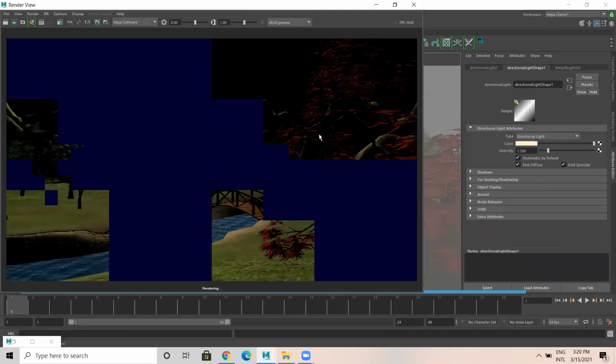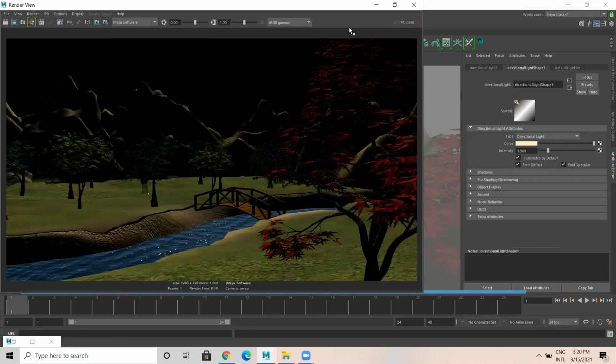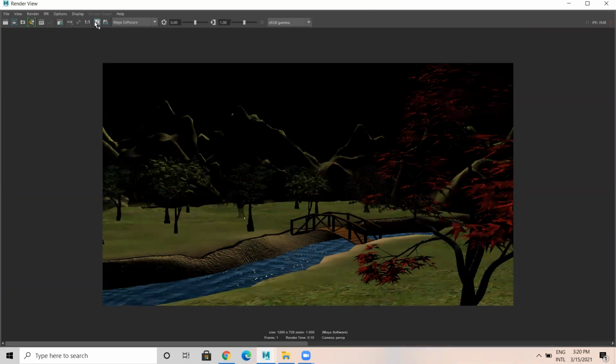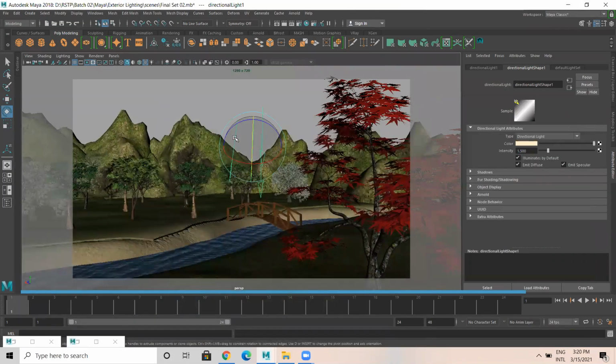It does take some time. Let's see. Okay, so I'm getting an output something like this. I'm going to capture this. If you click this, it will capture this particular scene that you have rendered, so that you can check the previous and next. Now if I render next, I'll capture another one so that you'll get to know. Now the same light, I'm going to duplicate and place it over here. Just give me a minute.